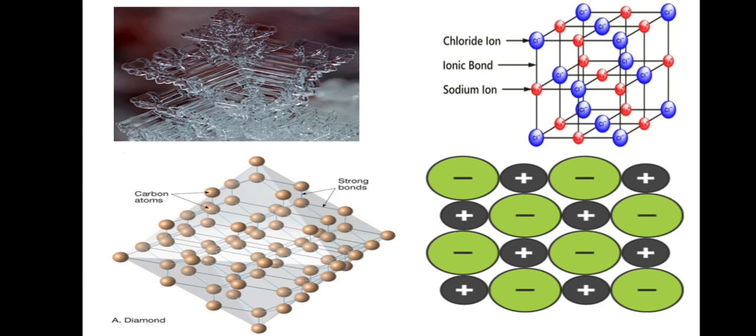The last one, which you can see on the extreme right, is metallic solids. So you can see the arrangement there. The positively charged kernels you can see there are immersed within a sea of mobile, negatively charged electrons. Okay, and this results in the formation of metallic bonds. So a strong bond, a metallic bond, gets formed between the kernels and the electrons which are present all over it. Right? This is the example of